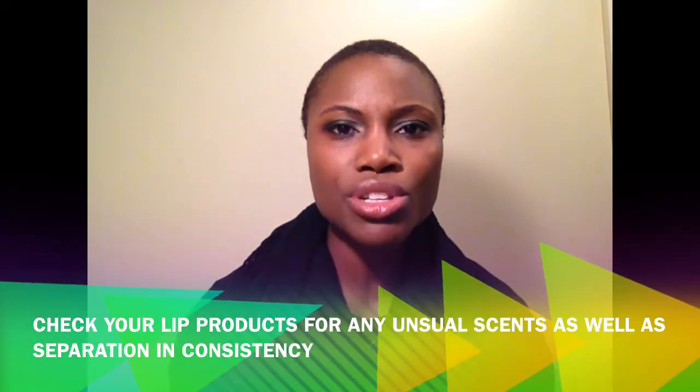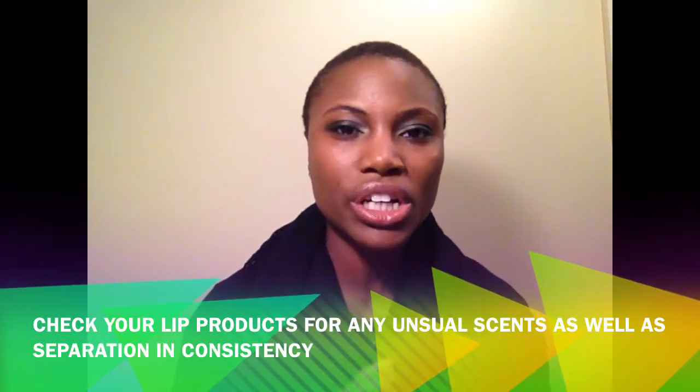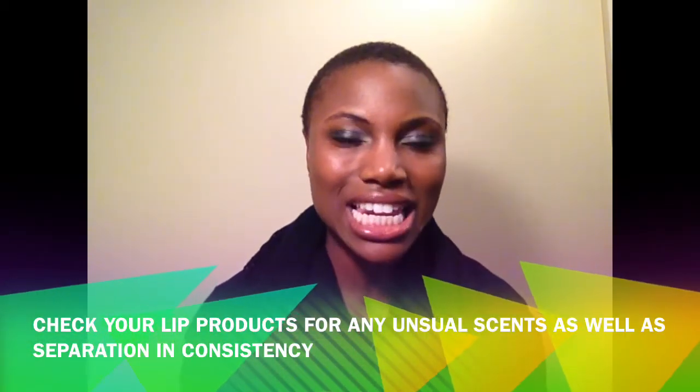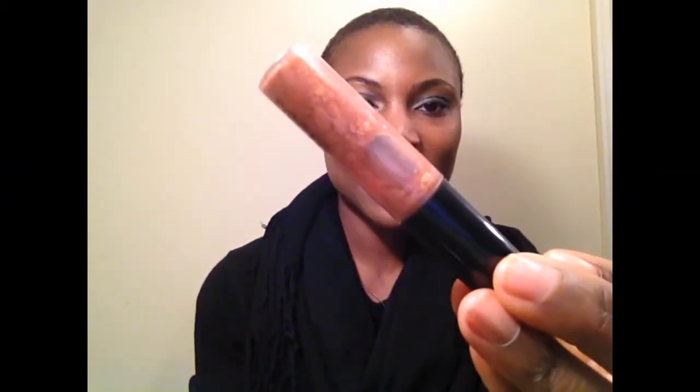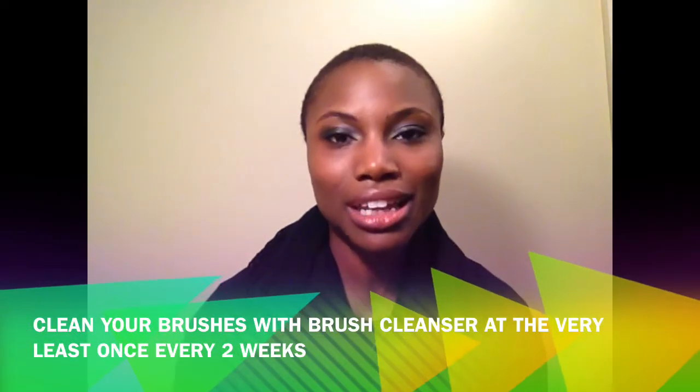So what else? Lips. Lipsticks and lip stains typically last a lot longer. If you can smell them, so if your lipstick has a scent, that means you want to go ahead and throw that away as well. It literally is starting to clump in certain areas, so this is one that I am throwing away. Brushes, you should clean those at least once every 2 weeks